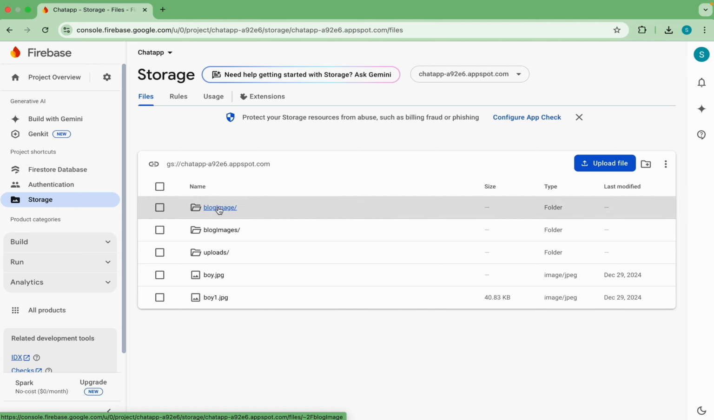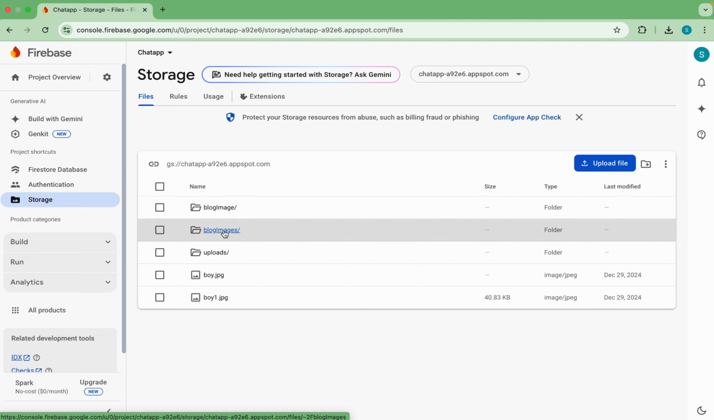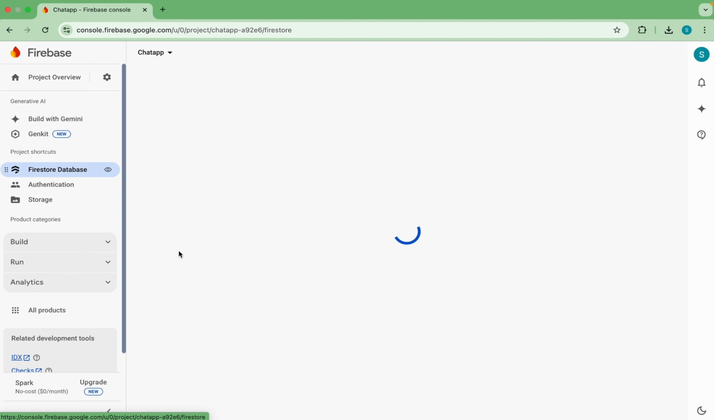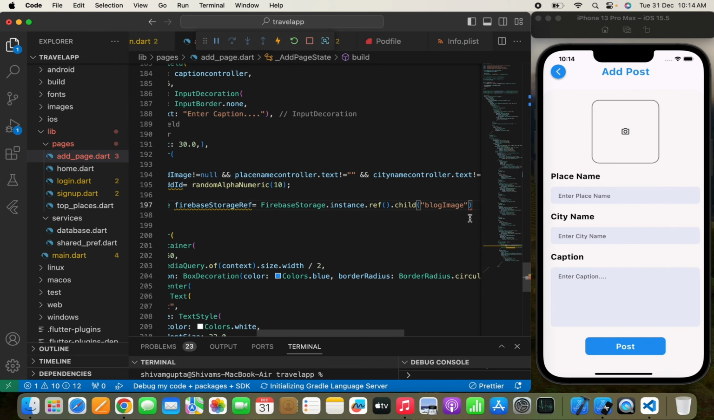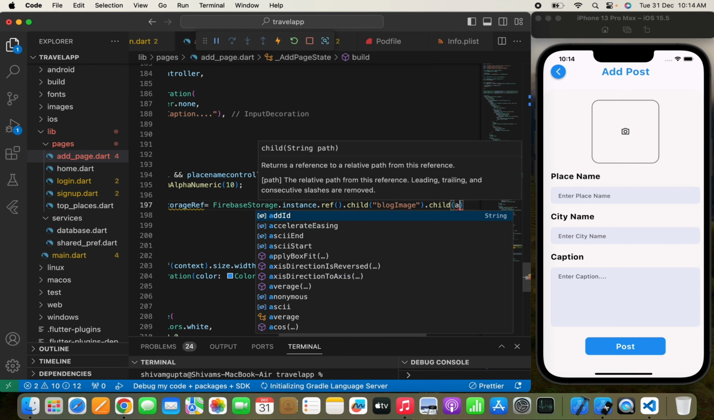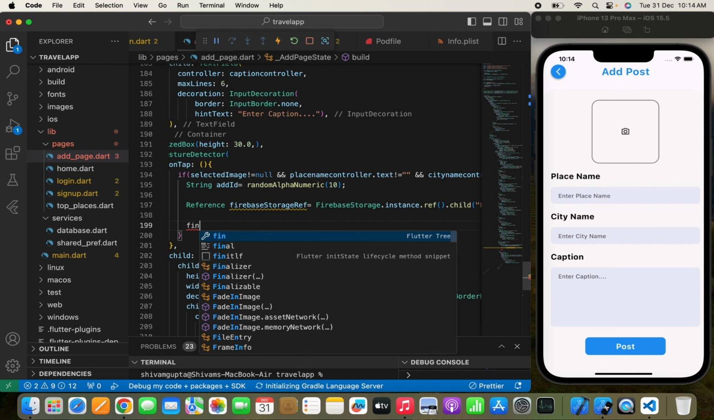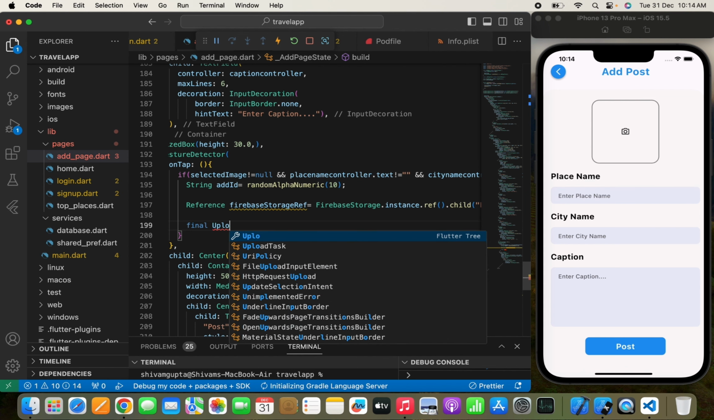Now here you can see that it will simply create this type of folder, blog images, and here it is going to upload one image after another. Yeah, so that's why I simply wrote blog image over here, and we need to just write a child and an add id, something like this. Now once you have written all this, we just need to write a final upload